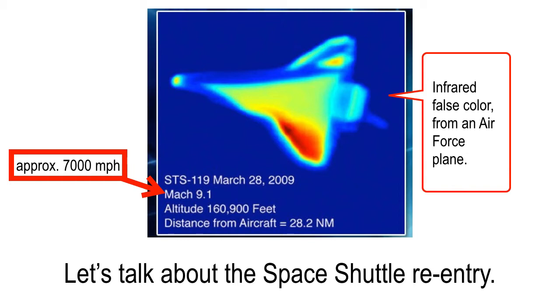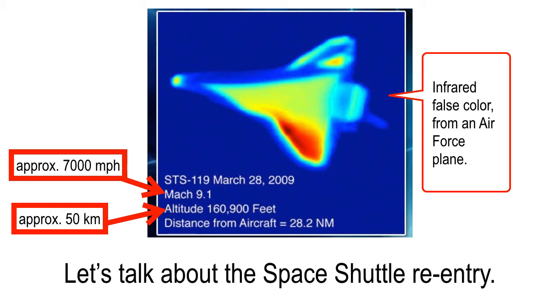And at the point that this was taken, 160,000 feet, that's about 50 miles. Sorry, 50 kilometers. All right. So they say that 100 kilometers is about the official edge of space. So this is halfway down from space.